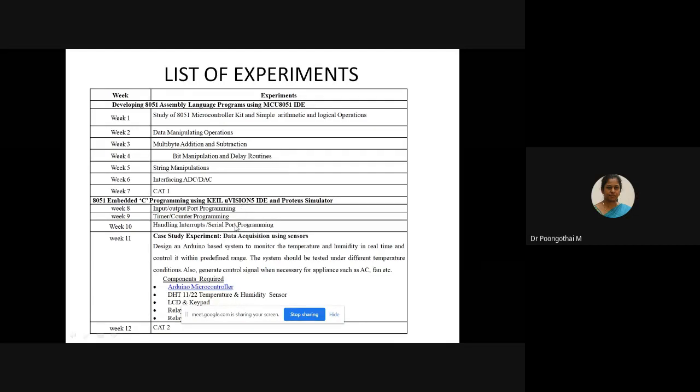Regarding the Proteus simulator, it is like a prototyping tool. It is a simulation platform where we can create and program your microcontrollers without the requirement of physical hardware. That is the importance of Proteus. It is like a drag and drop environment, a combination of schematic simulation as well as PCB designing. Okay, so regarding your assessment,